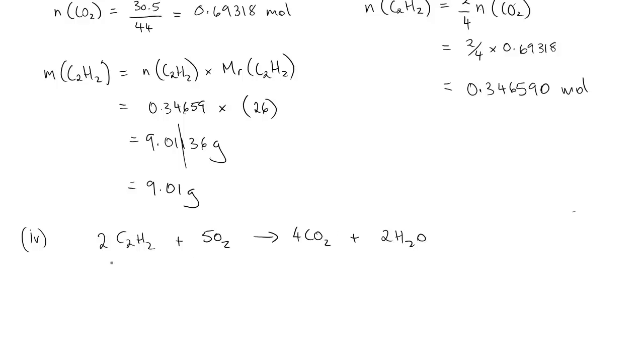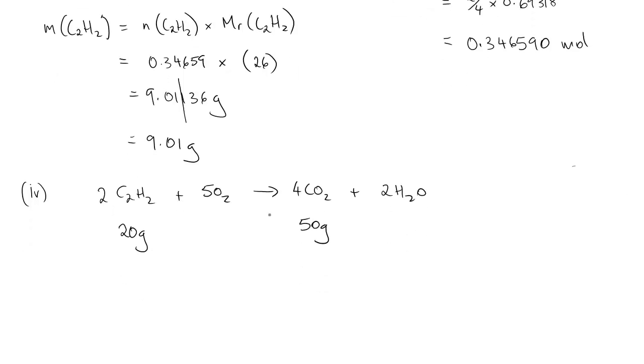Okay, so we know how much of this we have. We know that we have 20 grams of this, and we know that somehow the reaction generated 50 grams of this. And now we don't know the percentage efficiency, so we don't know whether all of the acetylene, all of this C2H2 got reacted, or if only a proportion of it has. So what's a good thing to do is, if you know the mass of this substance,